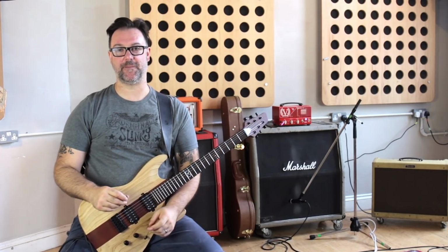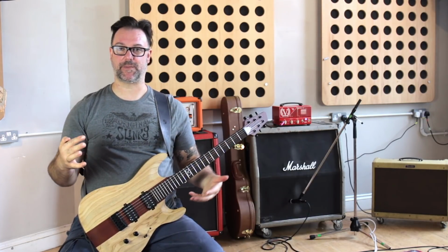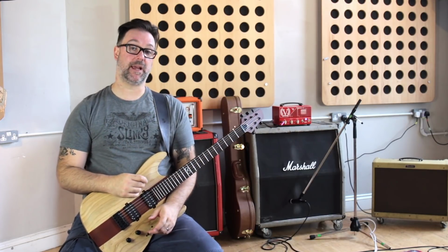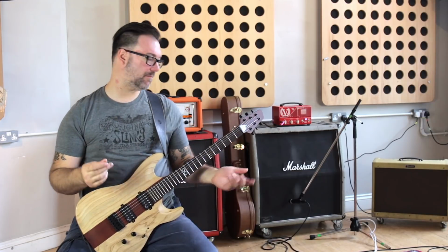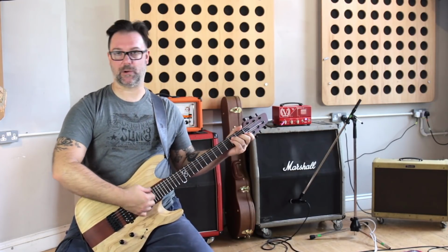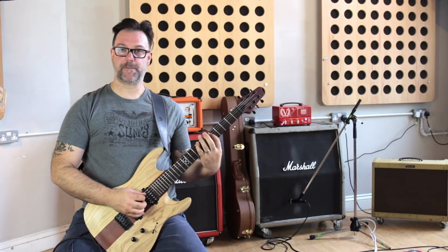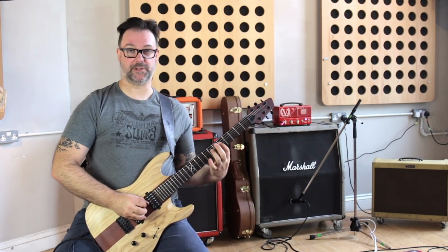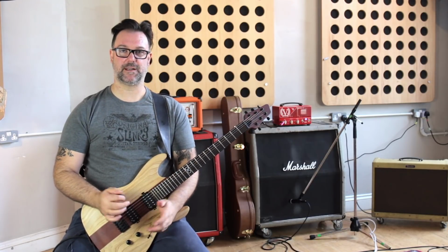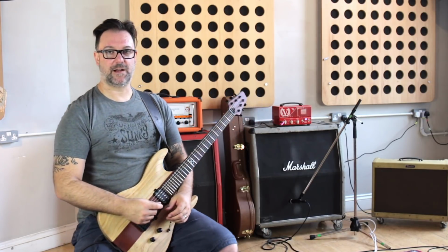I just figured it's about time I break it down and teach you something that's practical if you're a beginner or kind of becoming an intermediate. And by beginner, what I mean is a guy that doesn't really know many more than a few open chord shapes, you know, maybe D or E or whatever, and maybe you've learned the first blues scale shape. If you know a couple of those bits, you're really a beginner, and I want to show you a couple